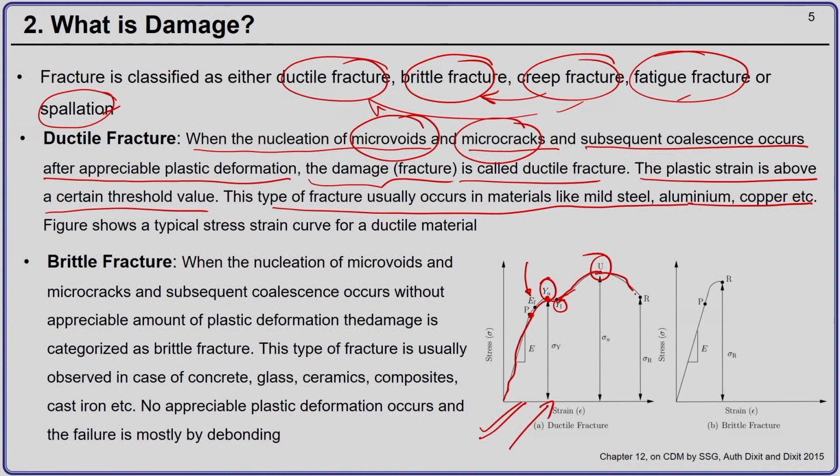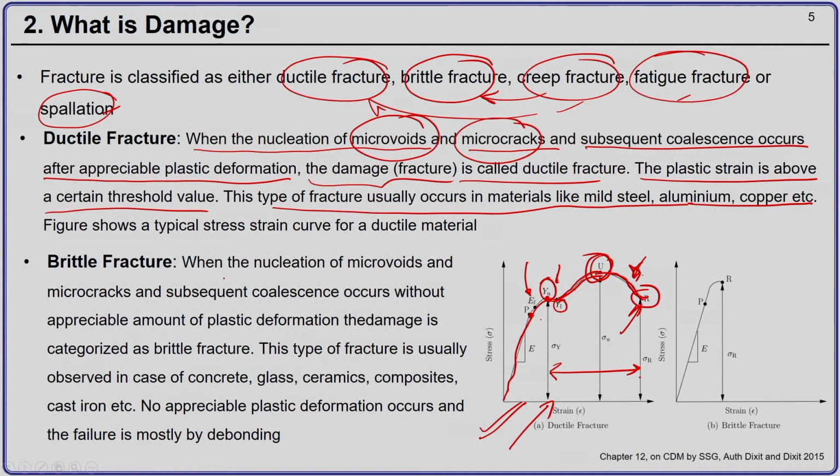and finally, there is stress concentration and a lot of cracks coalesce together. So, the voids and cracks start forming after yielding, but after the ultimate point they start coalescing with each other, resulting in the failure at point R. You can see that after the yielding has started, there is still a considerable deformation which happens before the eventual fracture takes place.